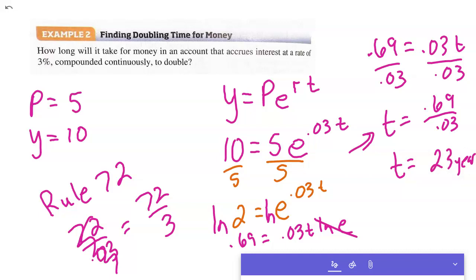And if you check out 72 divided by 3, you get 24 years. And so there's a year difference between them, so it's not that big of a deal. But that's the rule of 72 versus the actual doubling time using continuous growth with the exponential function. So there you go. And so we got one more problem to deal with,